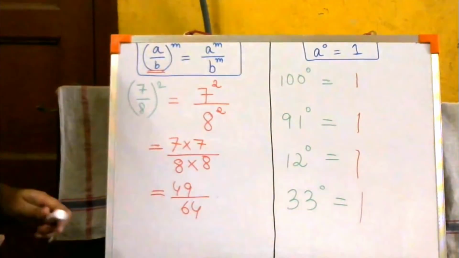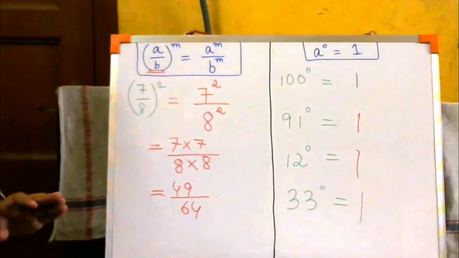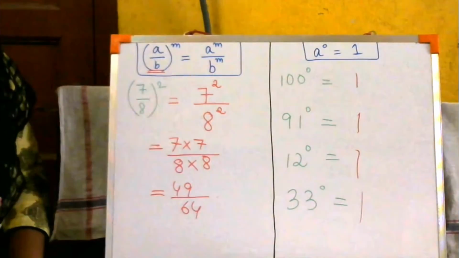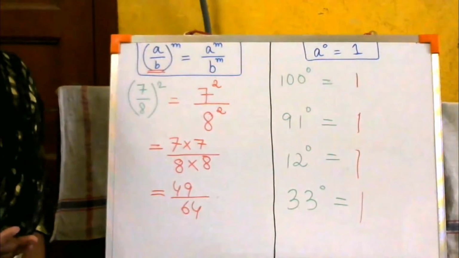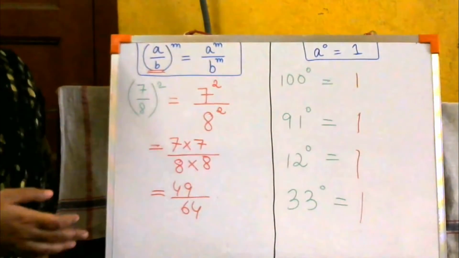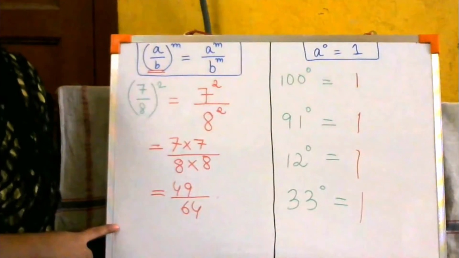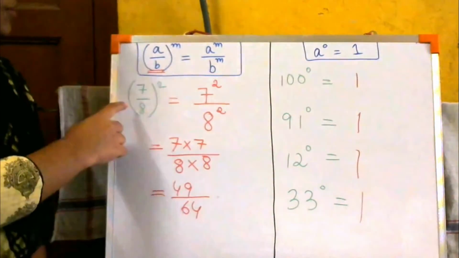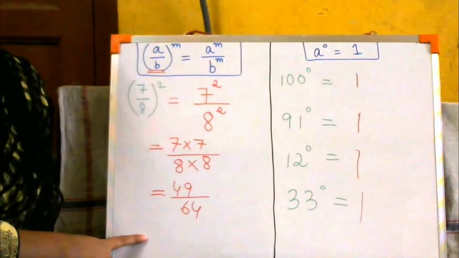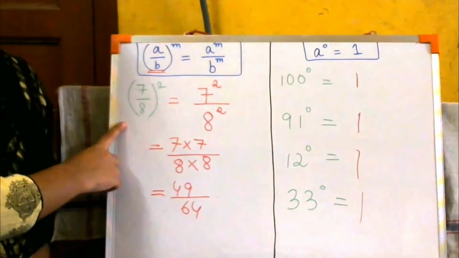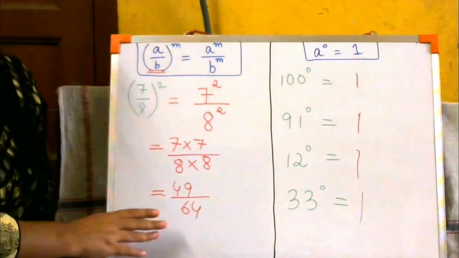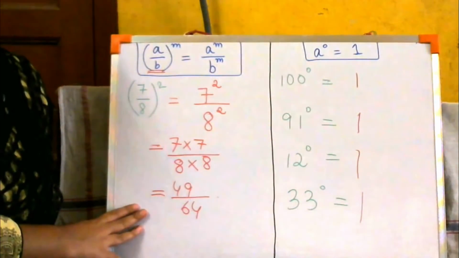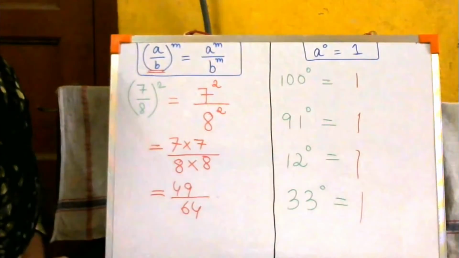I hope you people have understood the laws of exponents by now, because from the next day when I give the videos, it is going to be the solution. We are going to solve the sums of your book. So it is better by today evening you people should learn all the laws of exponents, the 8 laws of exponents, and try to solve these sums on your own. Just copy the sum and then try to solve it on your own and see, match with the video whether your answer is right or not. I want you people to score very well in maths, so please try hard.